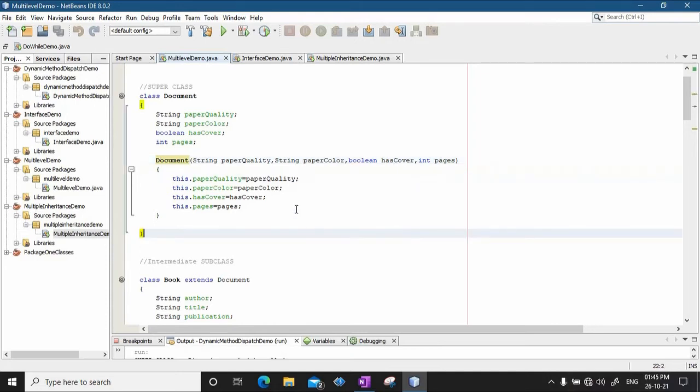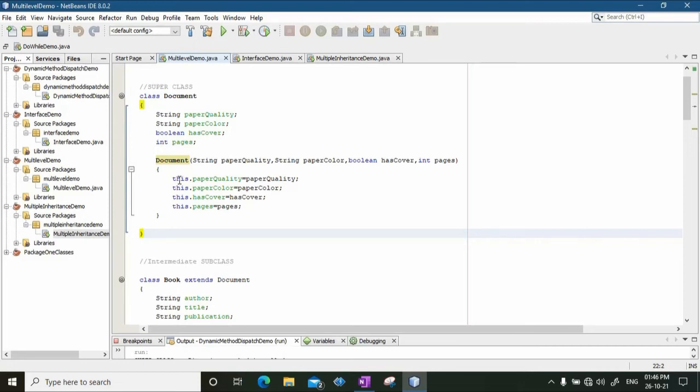Now one thing that I want you all to note, I am writing here this dot paper quality. Okay, so this is a special type of keyword. This is basically the this pointer in C++. So this points to the object that is currently in action.